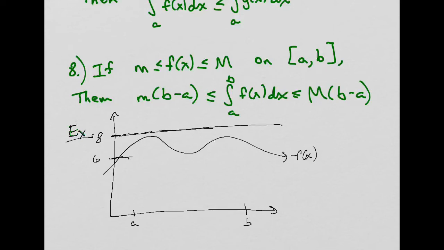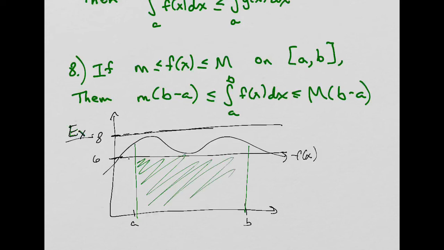Then, if we were to look at this area, the area under the curve is definitely more than this rectangle right here, which has an area of 6 times b minus a. However, we also know it is less than the larger rectangle, which is 8